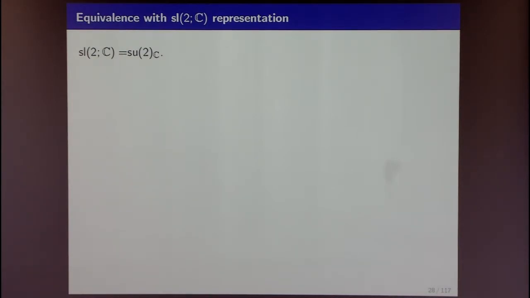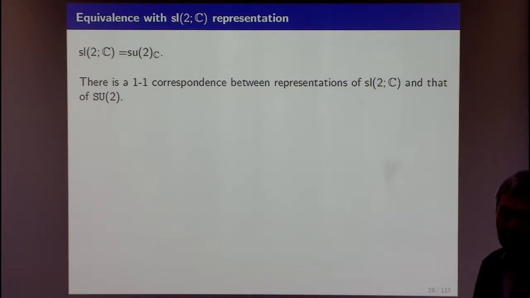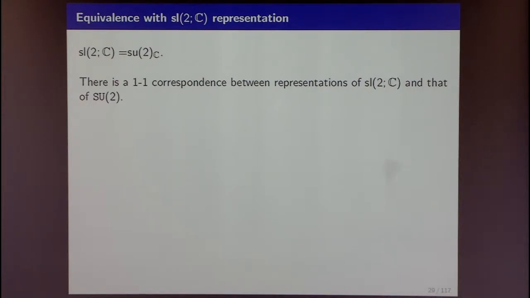Since SU2 is the real Lie group, the simply connected compact one, there's a one-to-one correspondence between the representations of SL2 and the representations of SU2. In fact, this is how you start your theory of semi-simple Lie algebra representations. This SL2 is really the most basic structure you try to find in every simple Lie algebra. You have this H, X and Y, you act them, and you try to find highest weight vectors and classify them.